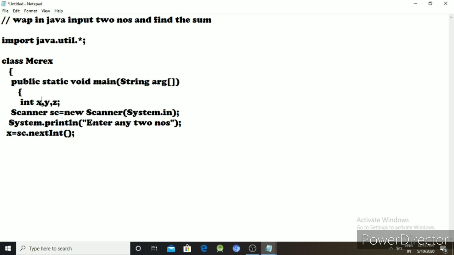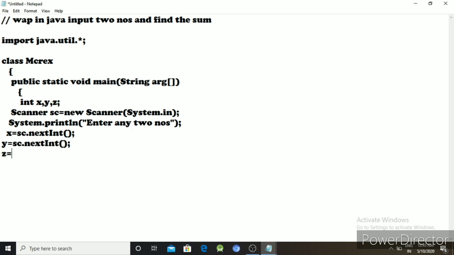Suppose the data type is float, then you have to use sc.nextFloat(). According to the data type we have to write here. So next, y = sc.nextInt().